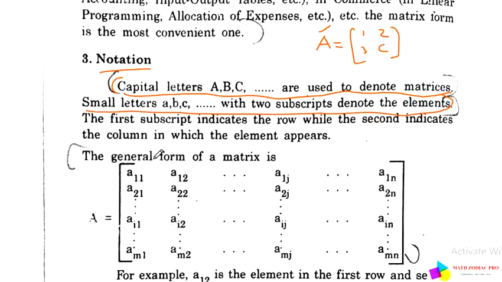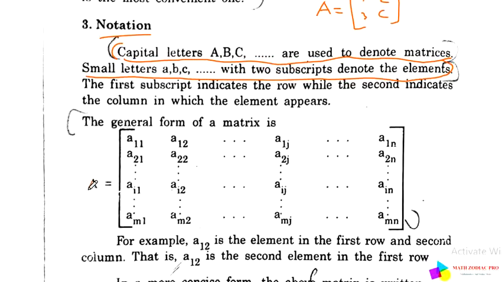Next, the general form of matrix. A equal to the matrix A11, A12, up to A1n. Here the first index is common, 1 is constant, so that is the form Aij. So i is constant 1 and j equal to 1, 2, 3 up to n. Then i equal to 2 is constant and j equal to 1, 2, 3 up to n, following like this.